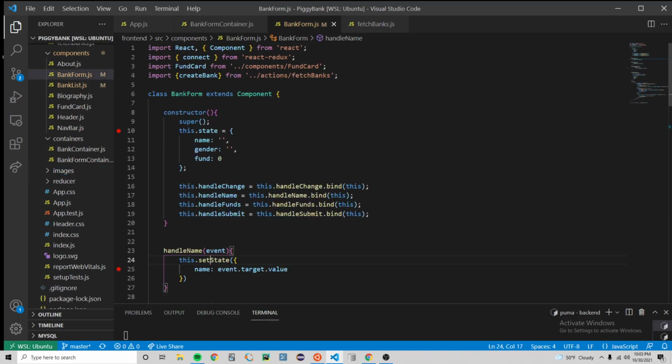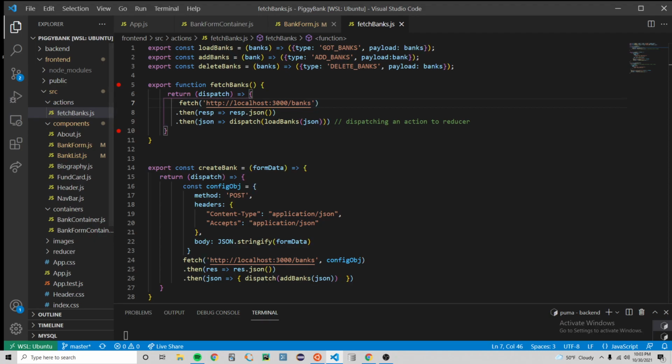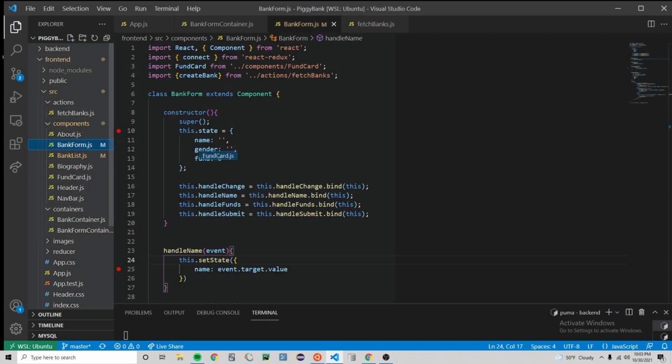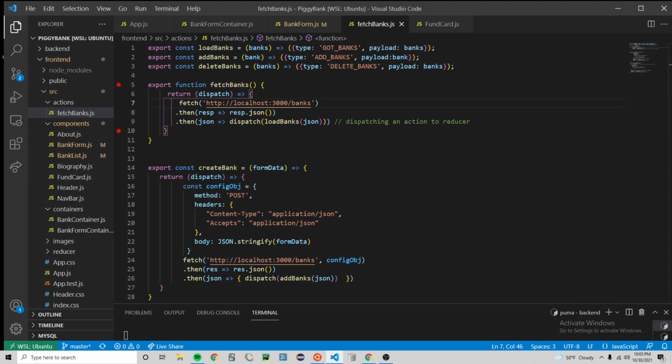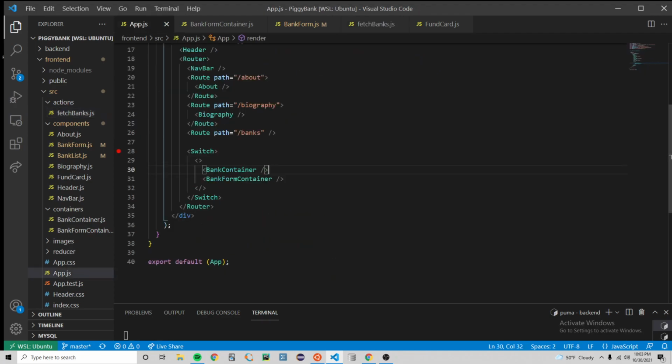I was able to render them using, here, I'll show you how I was able to render them. So I import the file from their home. I'll talk about this in a moment because everything I have is all tied together. So as we see in my app JavaScript file, I also have my bank form container being rendered into my